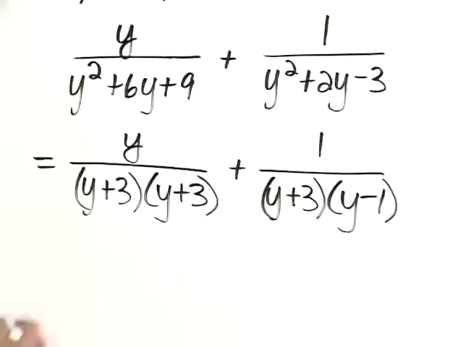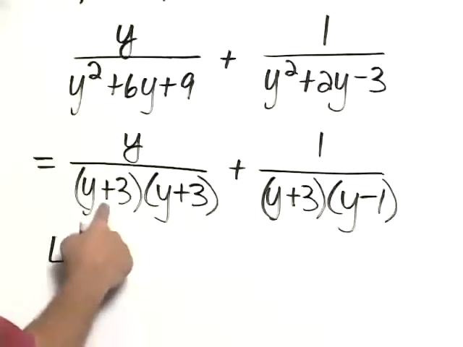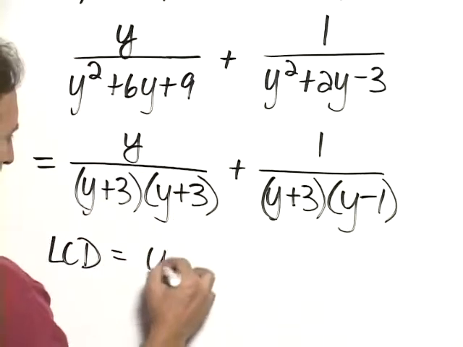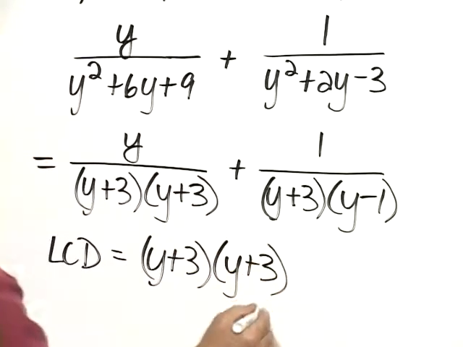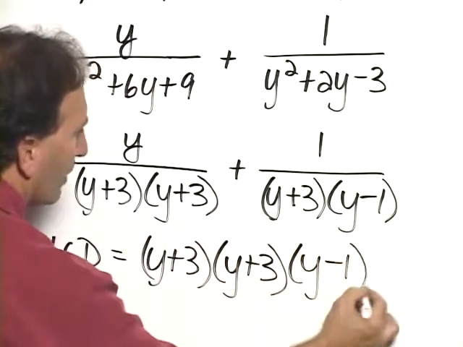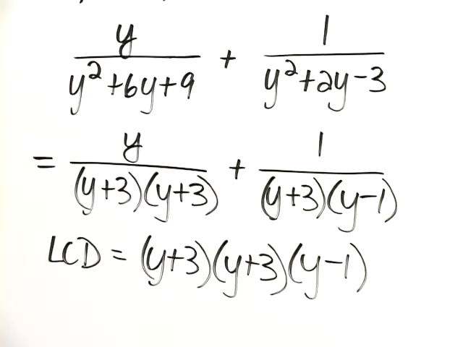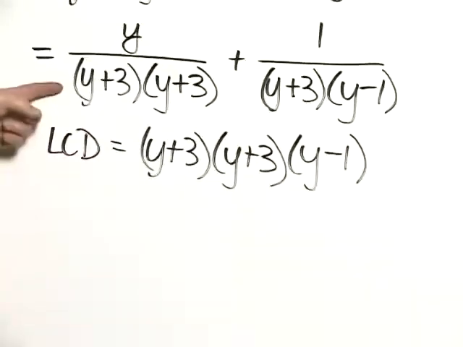And now we can see that the LCD is equal to y plus 3 times y plus 3. And now when we go to the second denominator, we already have the y plus 3, but we need the y minus 1, so that's our LCD. Our next step is to write equivalent rational expressions for each of these, but that now have the LCD as